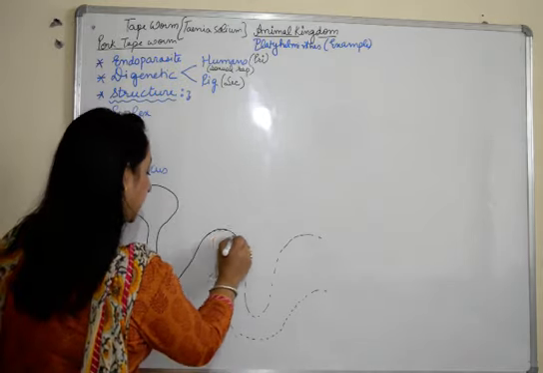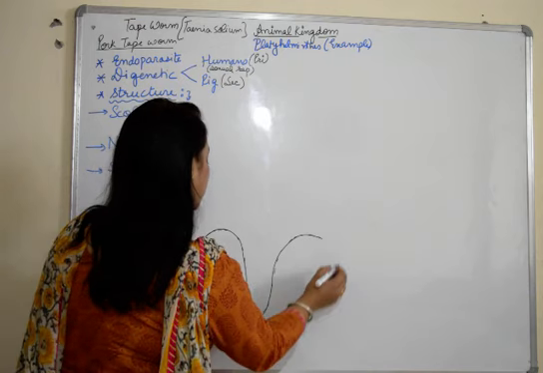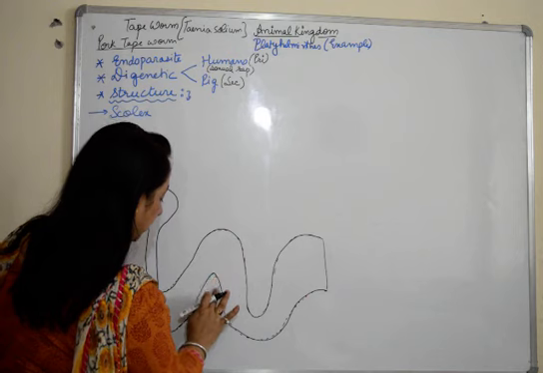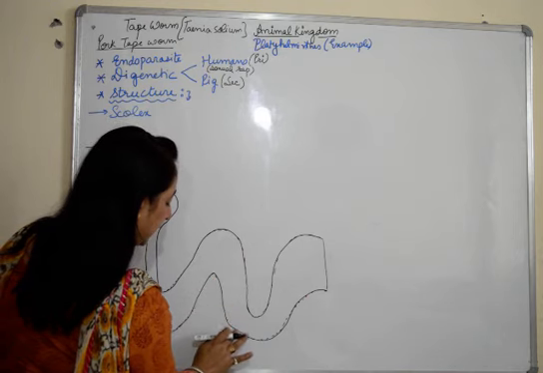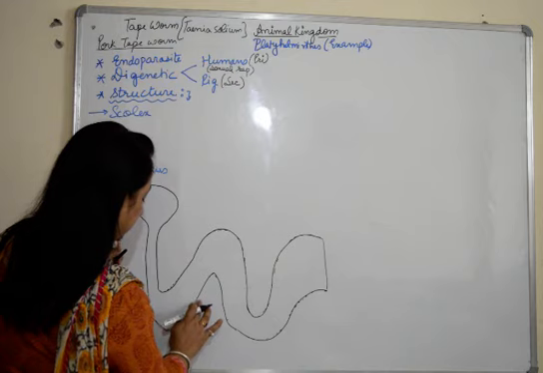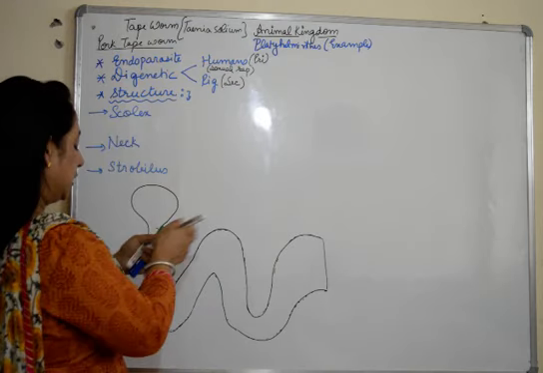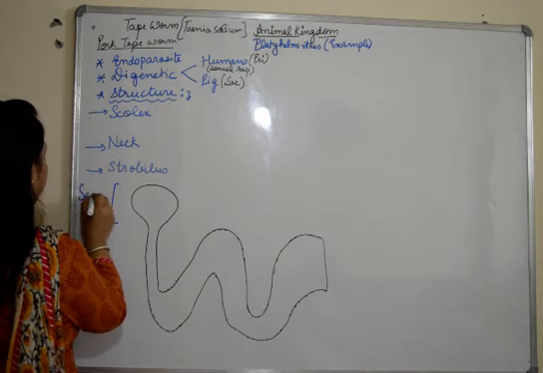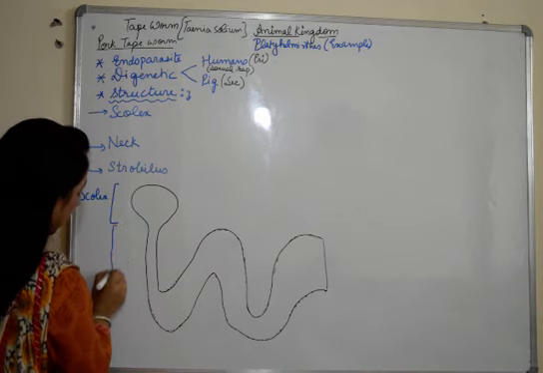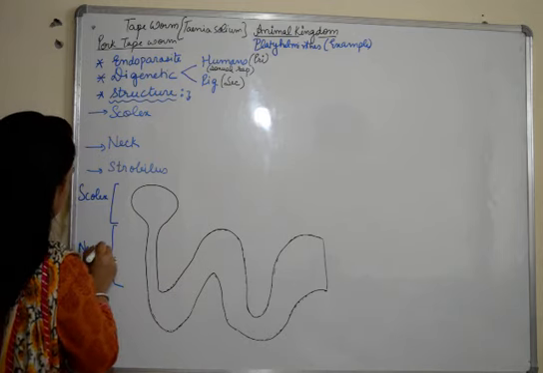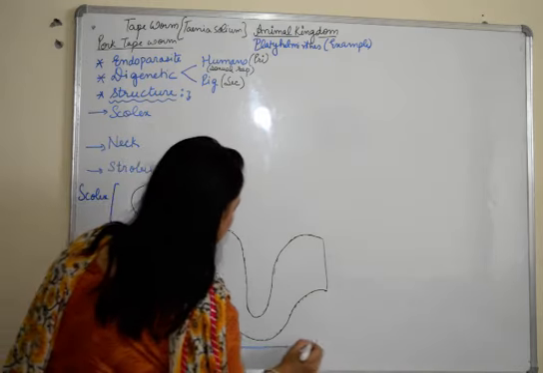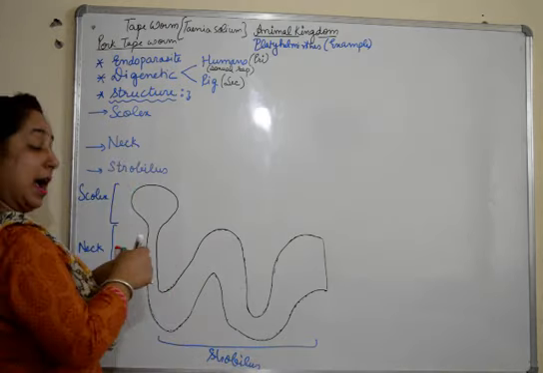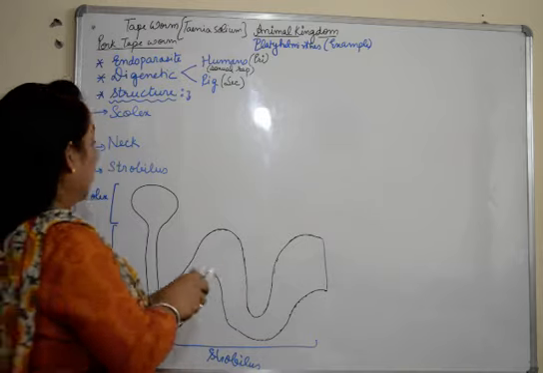As you can see, it has a head region, the scolex part. It has the neck region, and the strobilus part herein, the tail region. Fine. So this is the head, scolex. Then we have this part, that is the neck, and the last portion, that is known as strobilus. Now I'll talk about the different parts one by one.